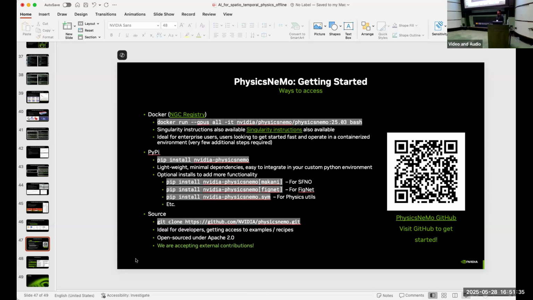Yeah, that's a great question. As PhysicsNeMo, we are not necessarily into providing fully fledged end-to-end surrogate models. We have done that with some of the weather applications because that's more universally applicable.